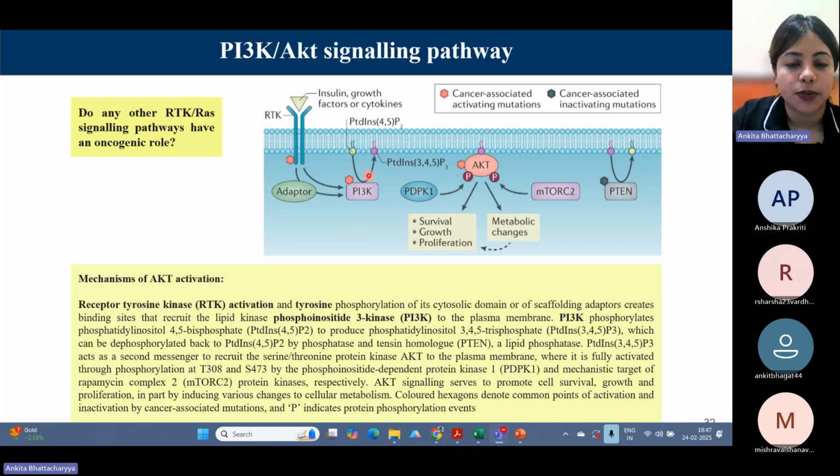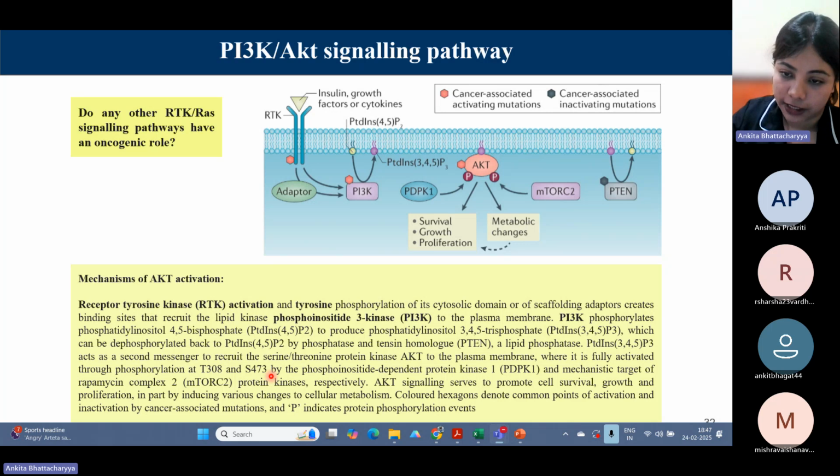When PI3 kinase acts upon it, another phosphate is added and it is then called PIP3. It also phosphorylates something else known as PTEN, which is a lipid phosphatase. This PIP3 acts as a second messenger, which recruits the serine threonine protein kinase AKT to the plasma membrane, where it gets activated by phosphorylation at threonine 308 and serine 473 by PDPK1 and the mechanistic target of rapamycin, mTOR,